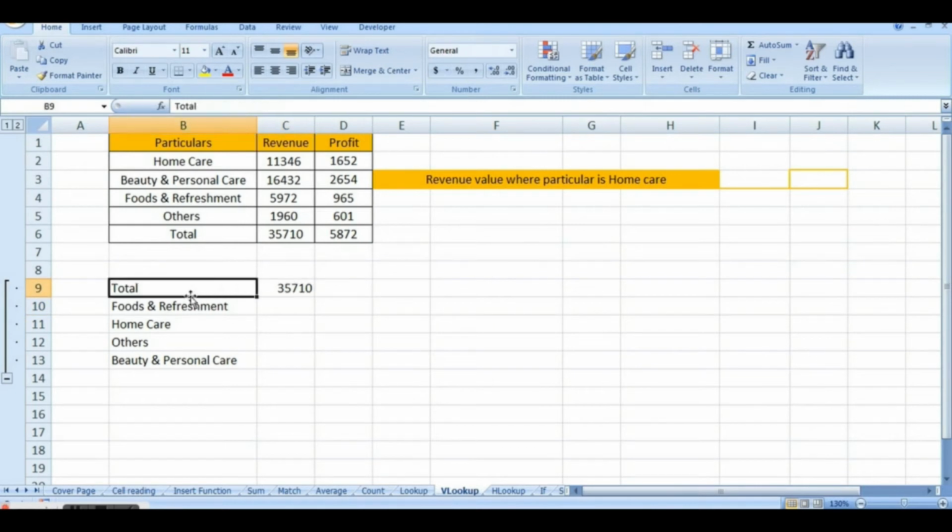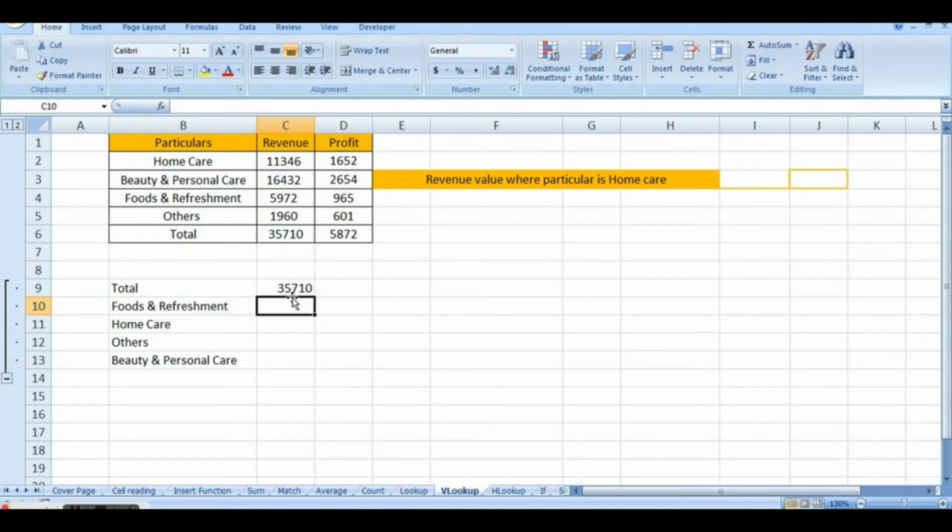Now here, I've created another table. The items are the same but the sequence is entirely different. If I want to find these values, in a small data set it is pretty easy to just find and type it, or copy paste, but in large data on different sheets it becomes difficult. In those cases you can use these lookup functions.